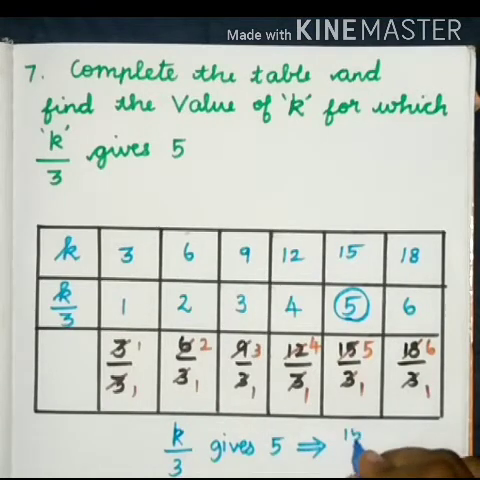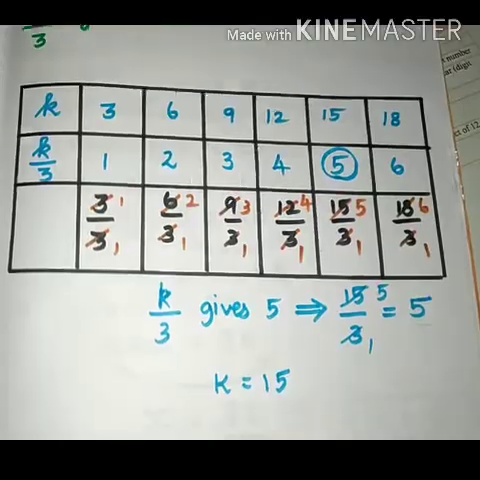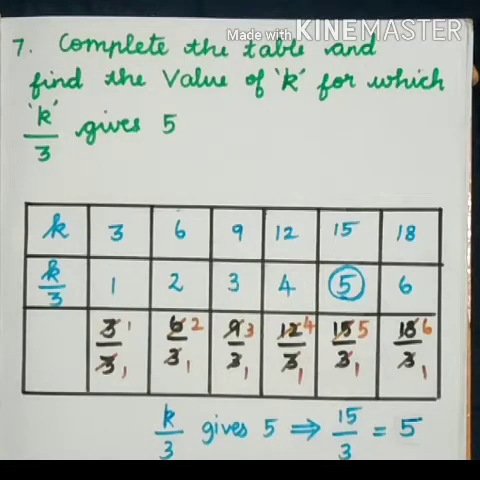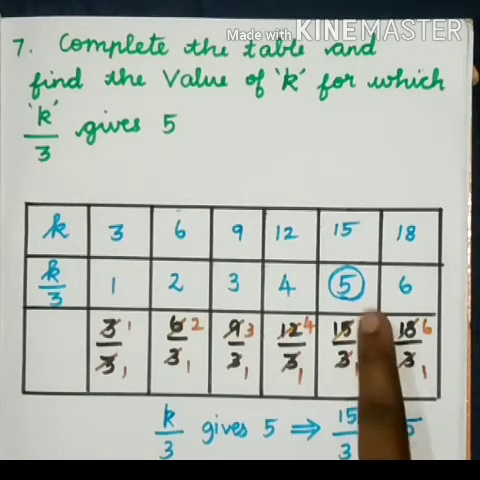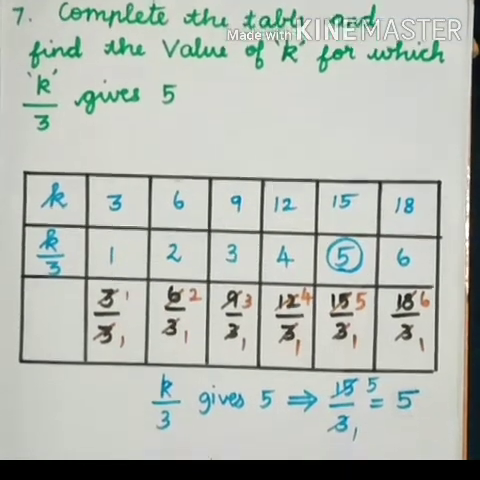That is 15 divided by 3 gives the answer 5. In the question, they are asking to find k by 3 gives 5. When you divide 15 by 3, you will get the answer 5. So k by 3 gives 5 is 15 by 3. 3 ones are 3, 3 fives are 15. So the k value equals